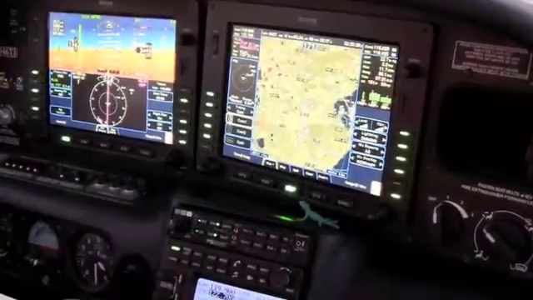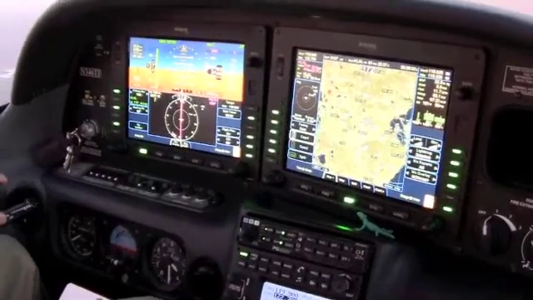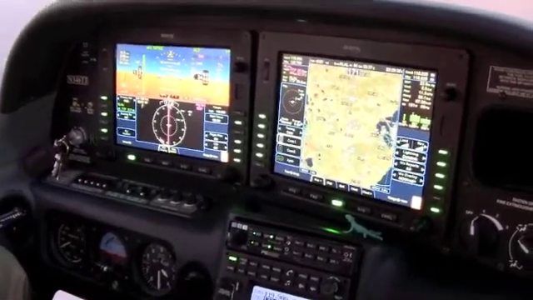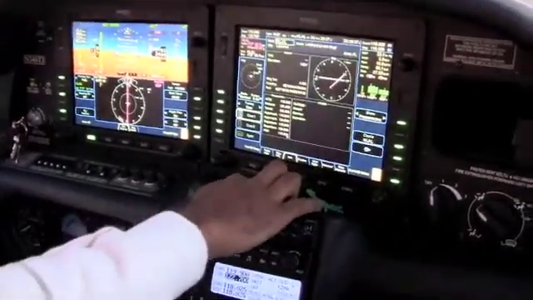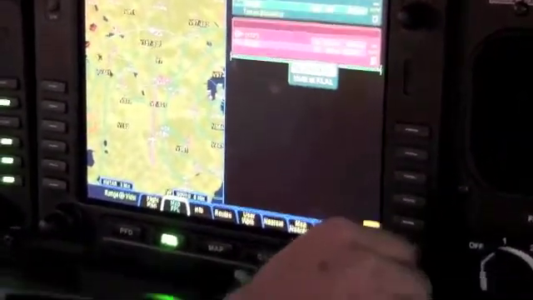And since we're already 21 miles away now, I'm going to slow down a little more just to give the controller a little time to set me up. And while he's doing that, I know I'm going to get the approach. Let me load up my approach. Nice easy way to do that is